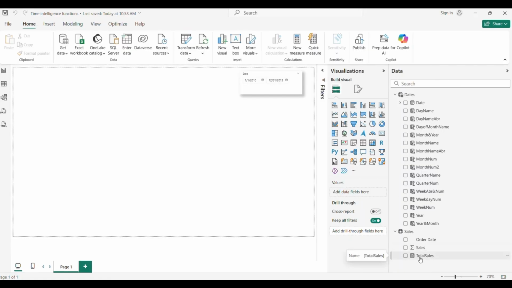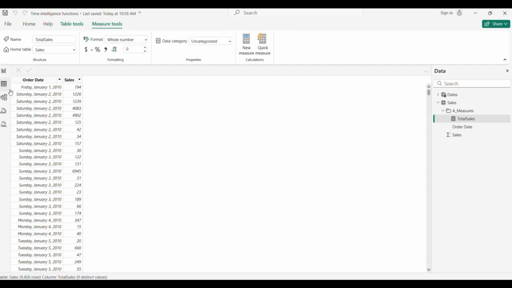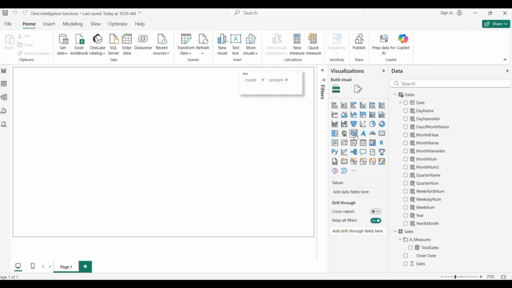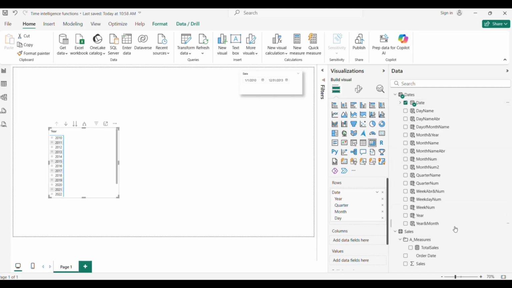Going back now, we need to move this measure into a folder, so we'll create a folder now, Measures, and we will start with our first time intelligence function. But before that, let's add the matrix and add the timeline, date, and also our first measure, total sales.